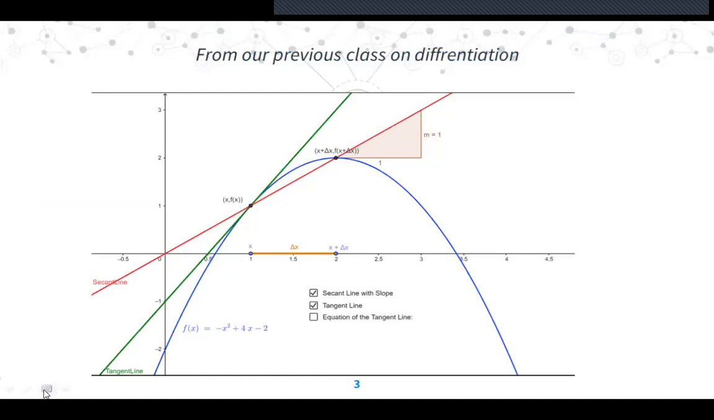Now, from our previous class of differentiation, where we have understood that differentiation is nothing but the slope of tangent to curve, right? You must be remembering. See, in this particular point, suppose this is point P and this is point Q. If there is a line crossing point P and point Q, this red line,